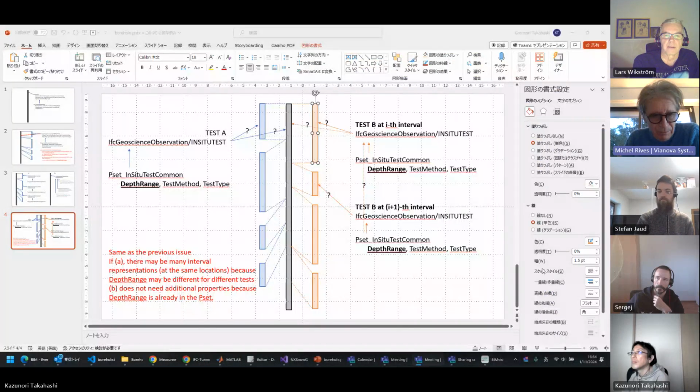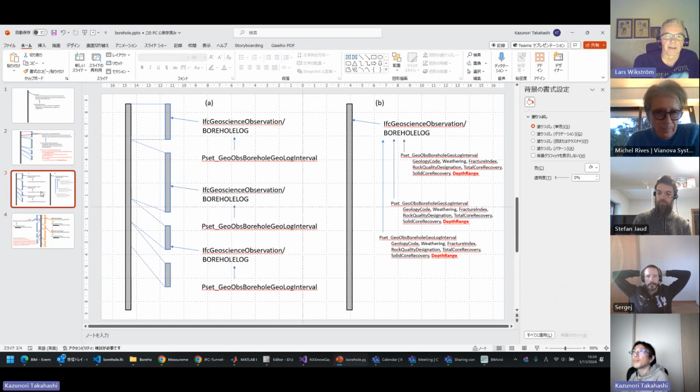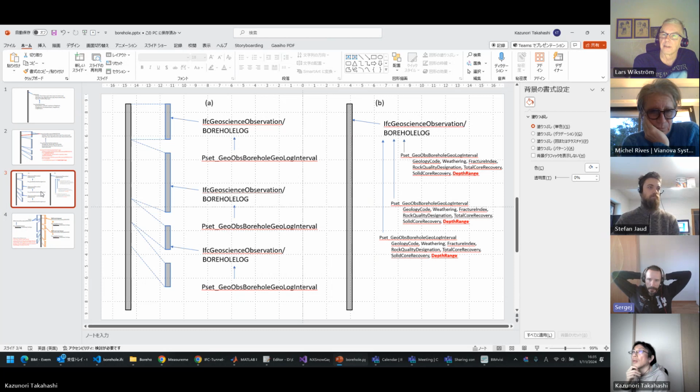Is it this idea of a grouping, as you said earlier on your slide number 3? At least having each observation as a separate instance in this case, but assigning it to the borehole? Yeah, we would really need to